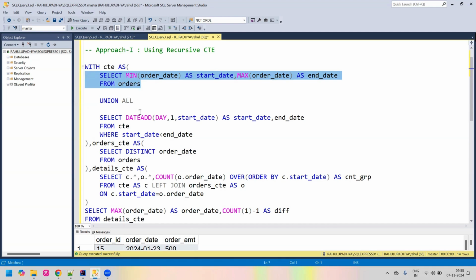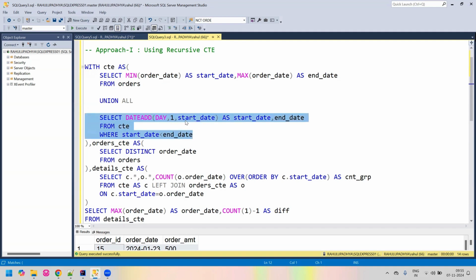And we have built a recursive CTE here wherein we are going to increment one day starting from the start date till we reach the end date. So we are going to keep incrementing by one day. So using this recursive CTE, we will build a list of days starting from the minimum start date till the end date. So we will have all the dates from the minimum date